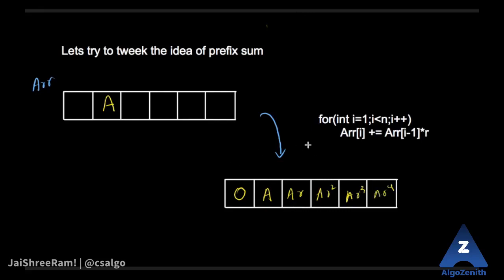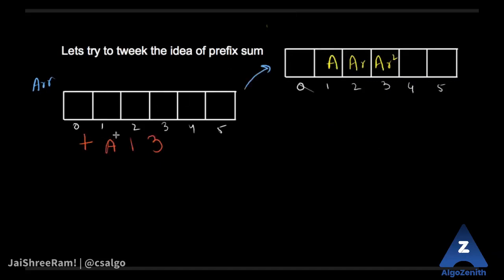So if you notice properly, just doing this loop over here is actually adding a GP with a starting term A and a common ratio R, right? So that's what is written over here, that if you use this transformation, we are actually getting a GP contribution into the array. So that's what we are going to use in solving the problem. So initially if you had to add the GP of A, AR, AR square,